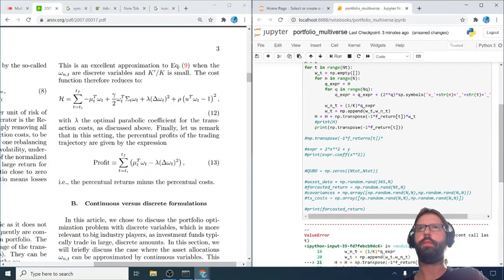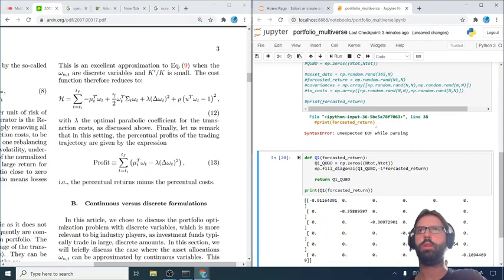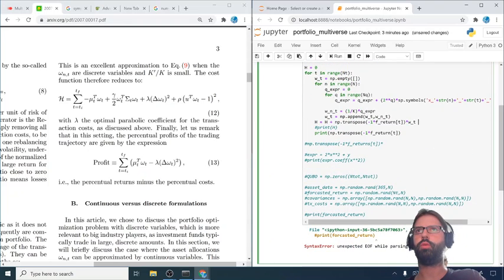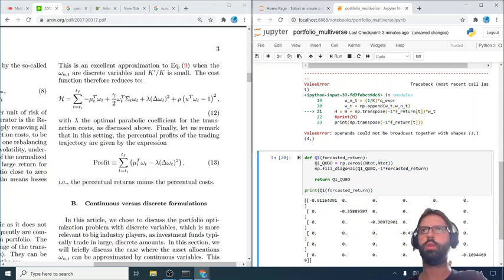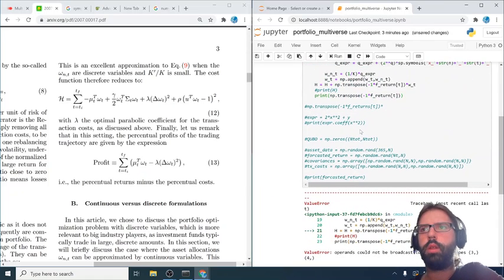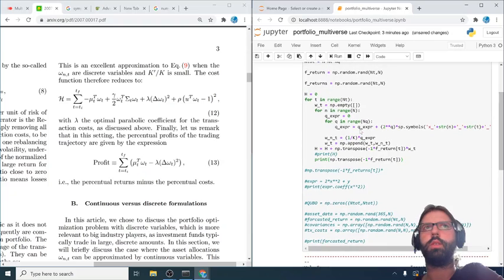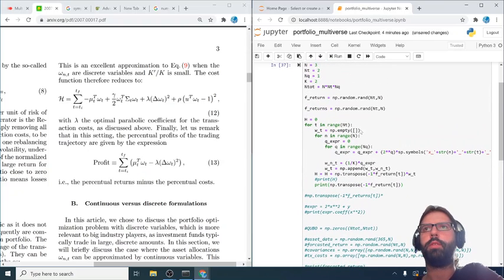So now we have, going to broadcast together with shapes 3, 4, 3 assets. So we have 3 assets, but then